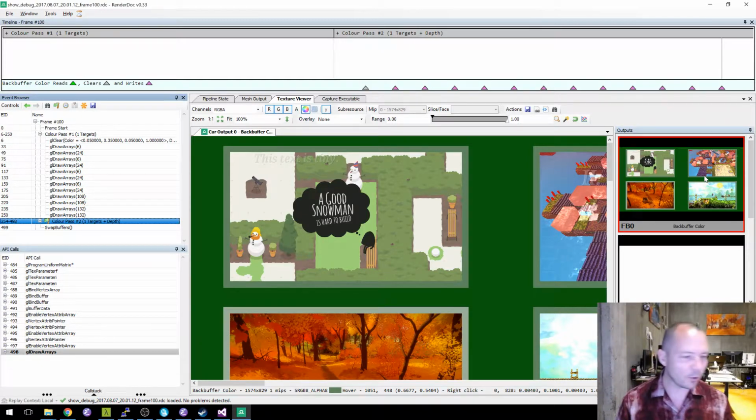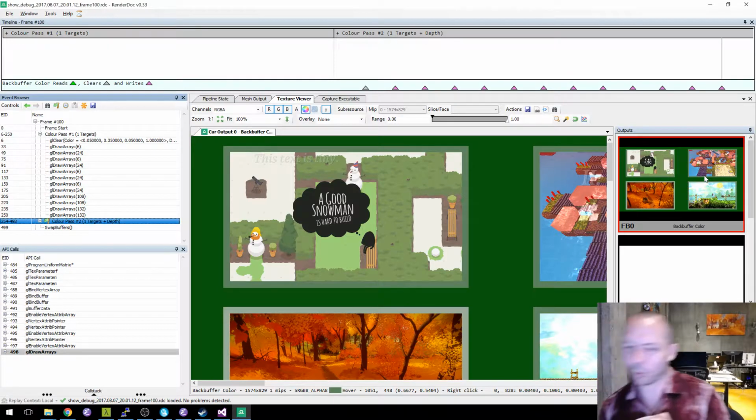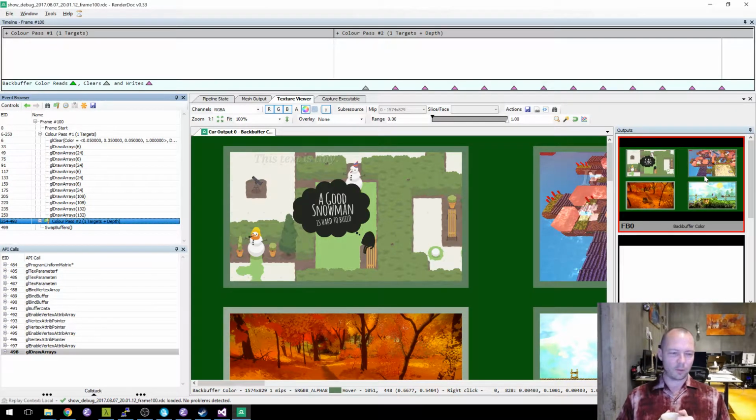That is a game that you can play on Steam called A Good Snowman Is Hard to Build. How did you debug OpenGL before RenderDoc? Well, there were some other programs before that, but before those programs, you just didn't debug OpenGL. It was just very painful and horrible. It still is painful and horrible, it's just less painful and horrible.